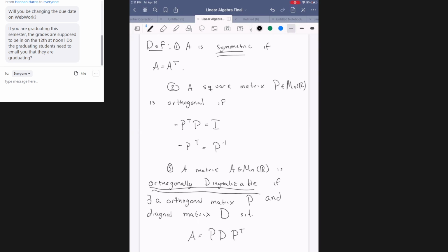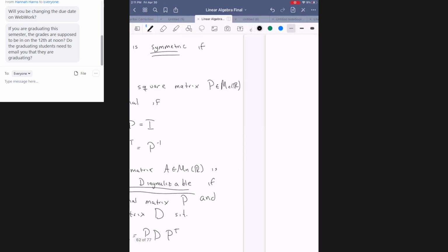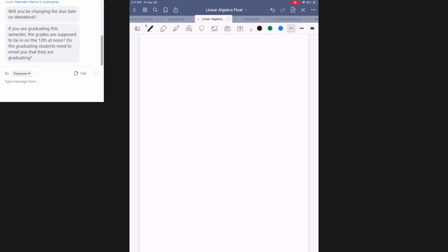If I want to make a matrix P orthogonal, I guess maybe I should say this before. Theorem 7.3. A matrix P is orthogonal if and only if its columns form an orthonormal set. Okay, now that you know this,